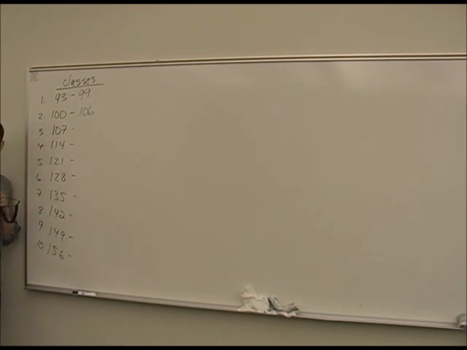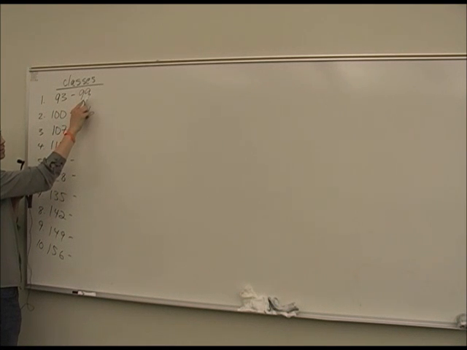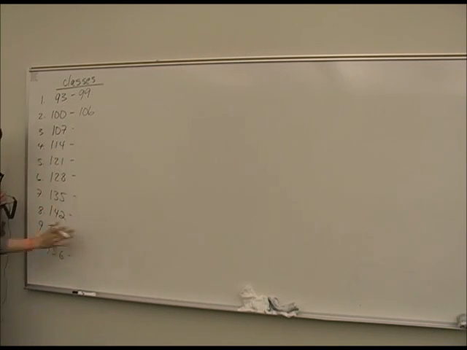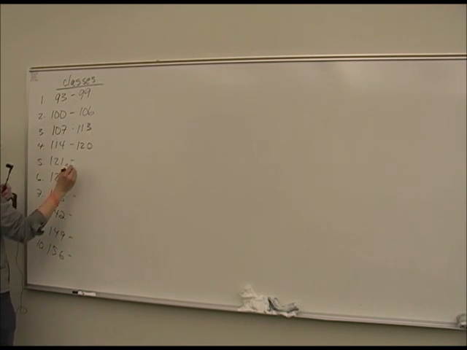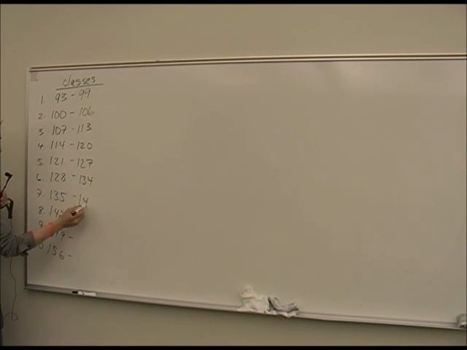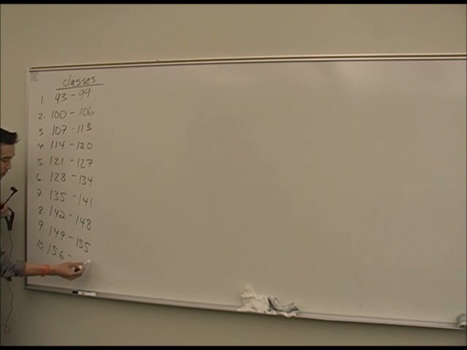The question was asked before is how do I figure out those upper class limits? And that's what we're doing right now. This is your lower class limit. This is your upper class limit. So scores from 93 to 99 will be your first class. Scores from 100 to 106 will be your second. And then go ahead and fill that in. So 113, 120, 127, 134, 141, 148, 155. Okay, and then put a little star on this last one,